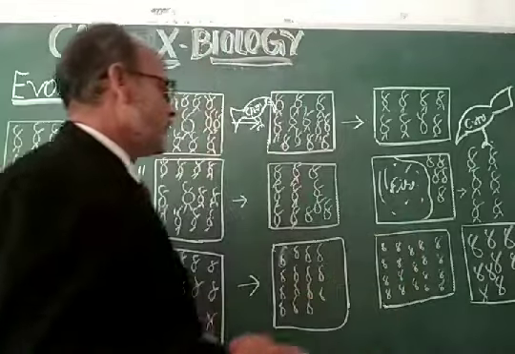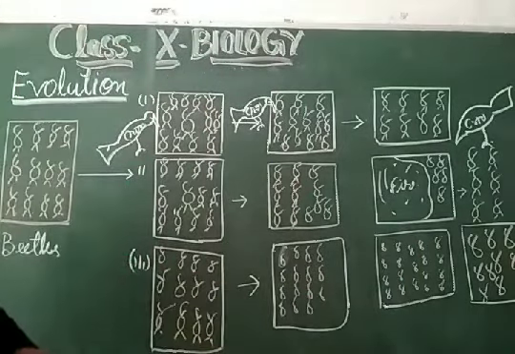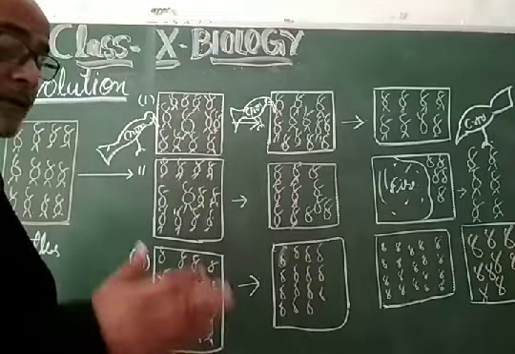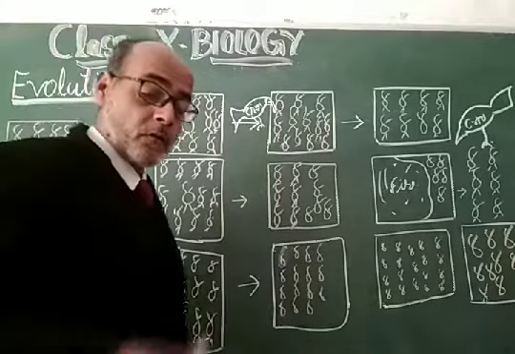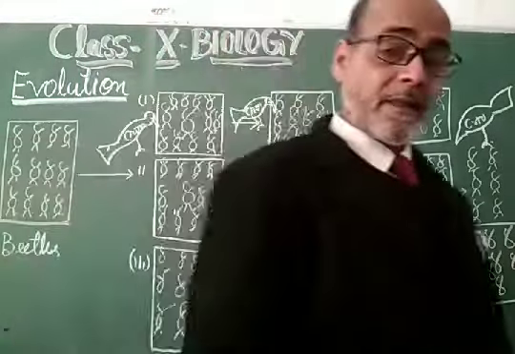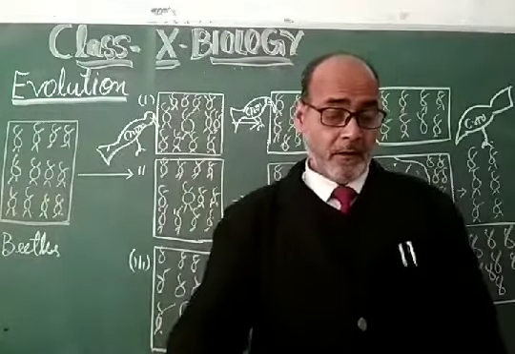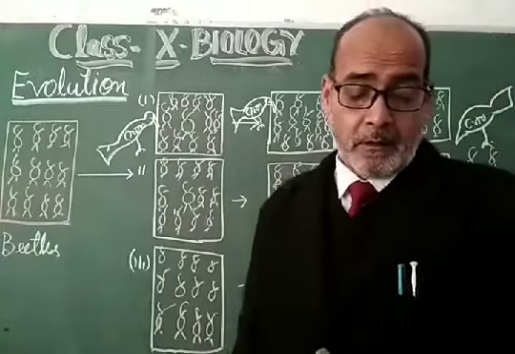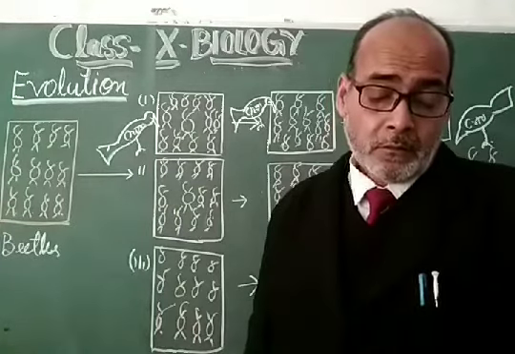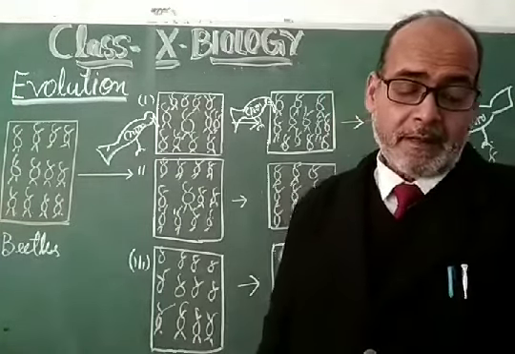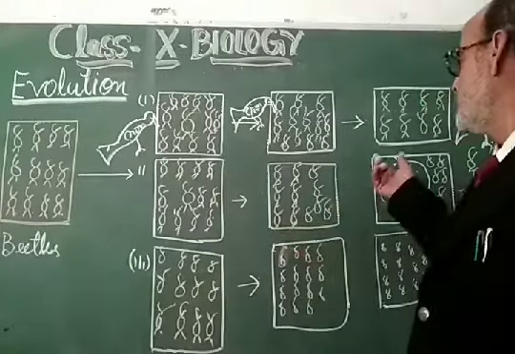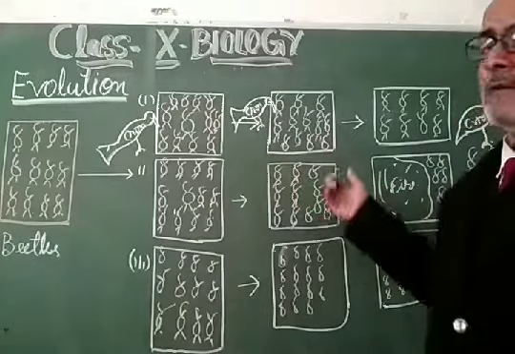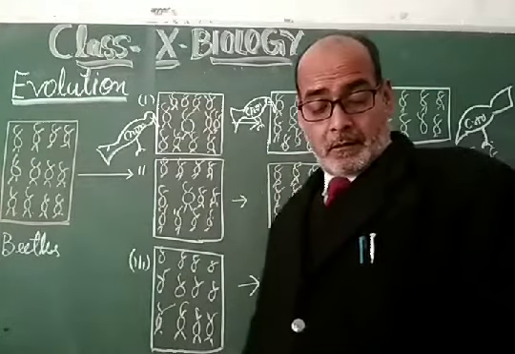So my dear students, this is a very good example of the evolution, and by this example you can understand what the evolution is. So evolution is the gradual genetic change of a group of living beings to produce new forms, which is called organic evolution. So this is the production of new forms, and you can see that this is the organic evolution.